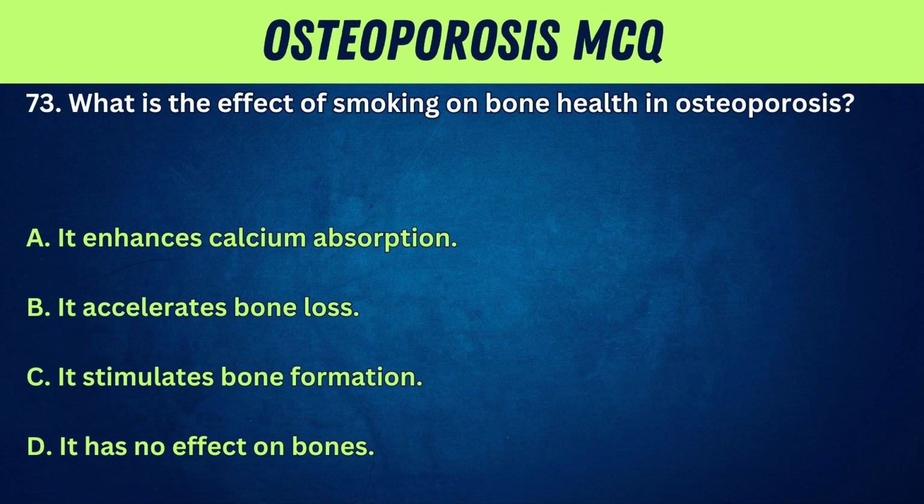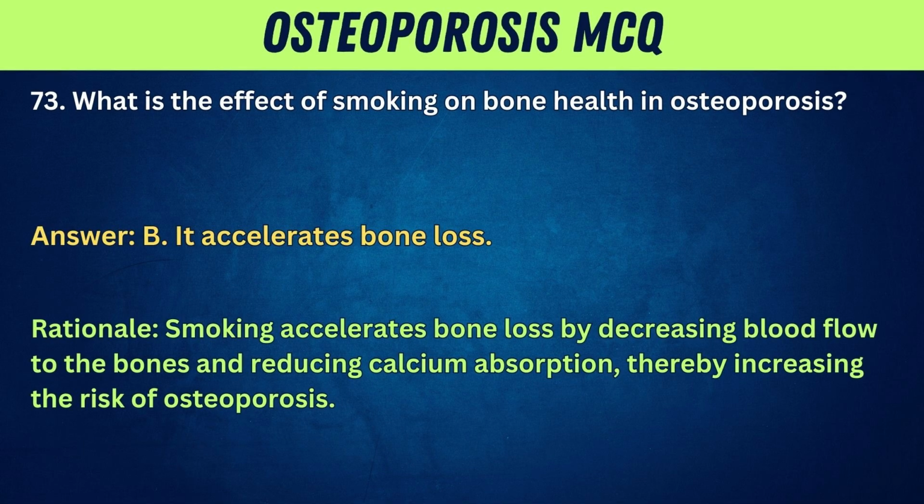73. What is the effect of smoking on bone health in osteoporosis? A. It enhances calcium absorption. B. It accelerates bone loss. C. It stimulates bone formation. D. It has no effect on bones. Answer: B. It accelerates bone loss. Rationale: smoking accelerates bone loss by decreasing blood flow to the bones and reducing calcium absorption, thereby increasing the risk